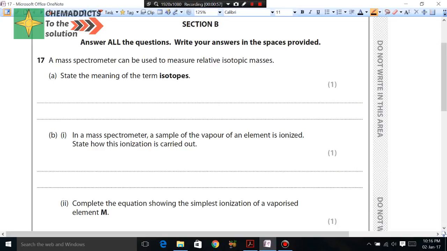Here we just need to write the definition of isotopes, then we will gain the full marks, that is 1 mark for defining the term isotopes. Basically, isotopes are atoms of the same element with the same number of protons but a different number of neutrons, that is, a different mass number. You may write like this: